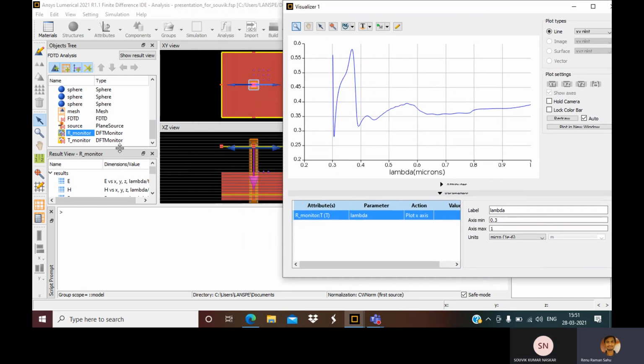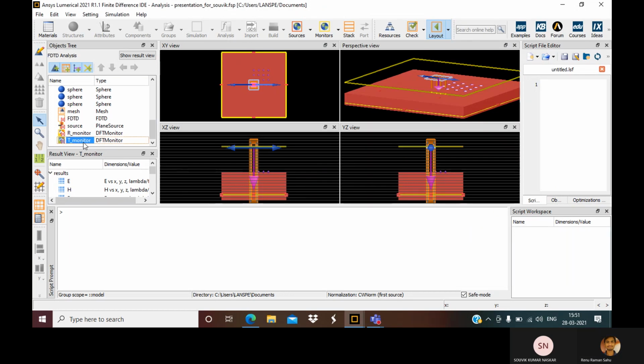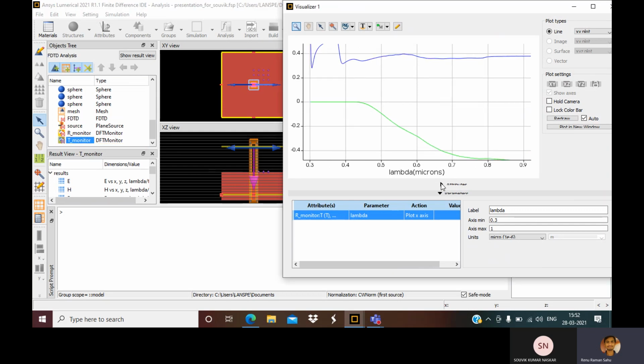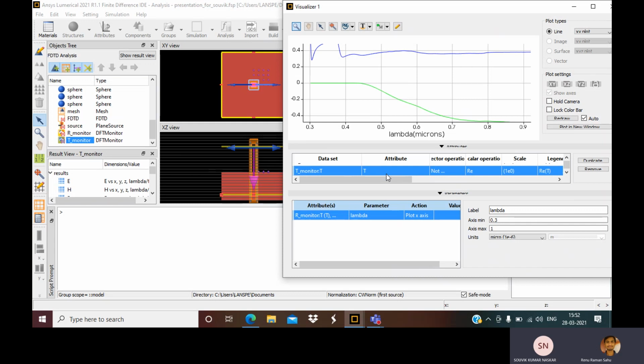So this is how we get a plot. Now let us look at the transmission. Right click, add to visualizer. Now you see this transmission is negative. Why is it? Because it is entering from the opposite direction. There is nothing to worry about. Let me change this transmission monitor.